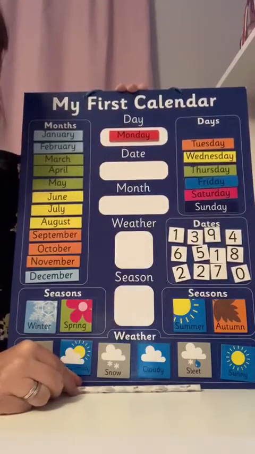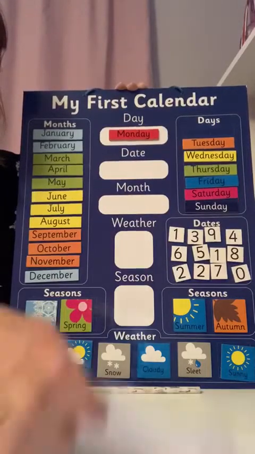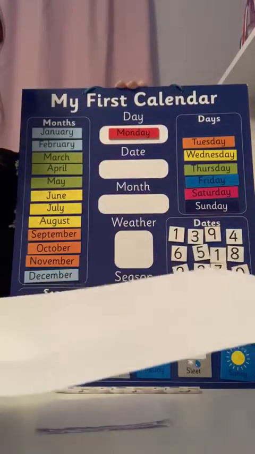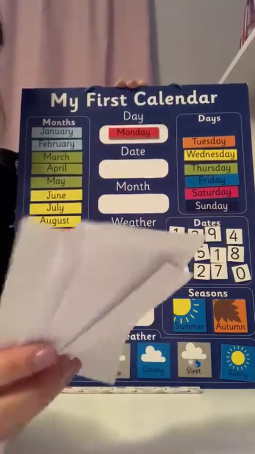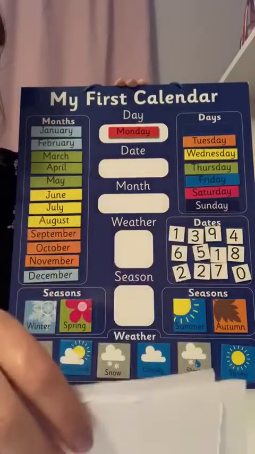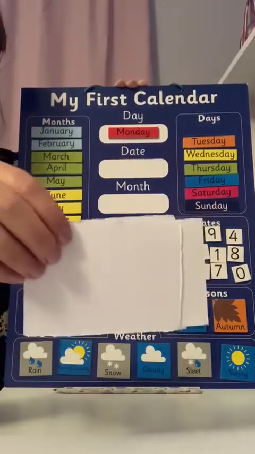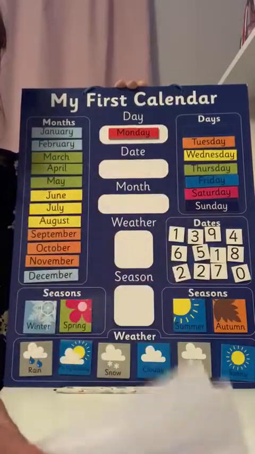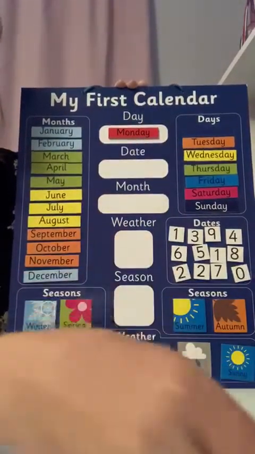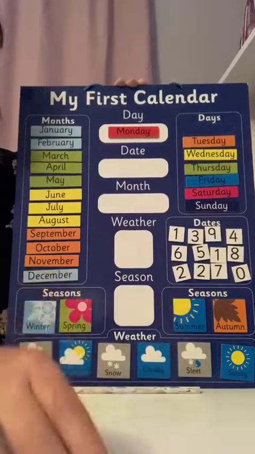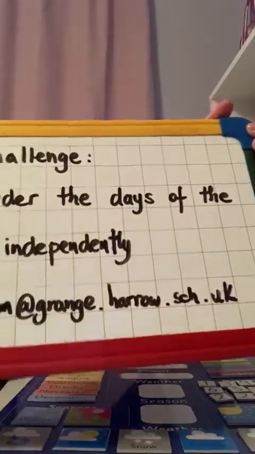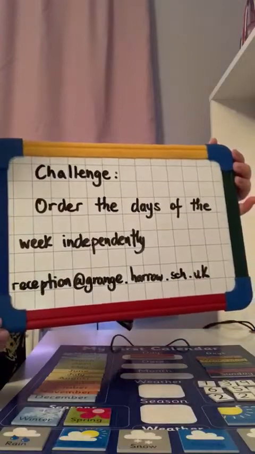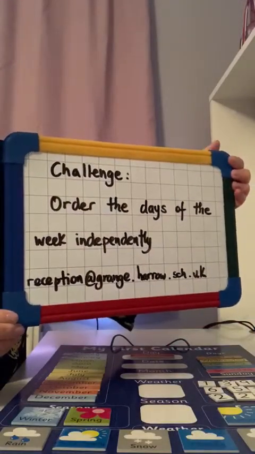and for today's challenge you will need your A4 paper. Okay, cut it in 8 equal rectangles. Write down the days of the week on each one of them. You will have 8. You will need actually to put 1 away to make 7 because there are 7 days in the week. And please order them by yourself. Okay, order them by yourself and send it to our